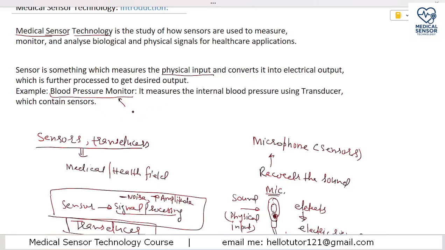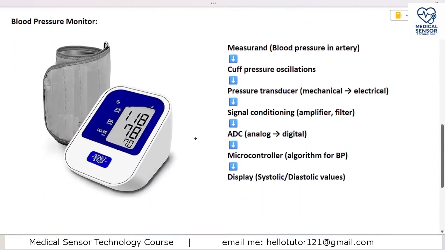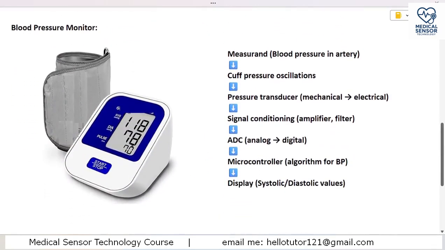So we know the use of a blood pressure monitor. We can measure the blood pressure inside our body. Now this is a typical digital blood pressure monitor which nowadays is used in homes and in hospitals too. Now what it does: in all the devices in medical sensor technology,